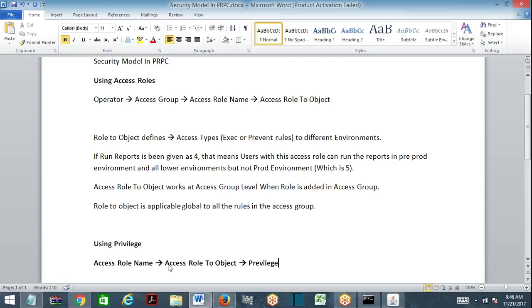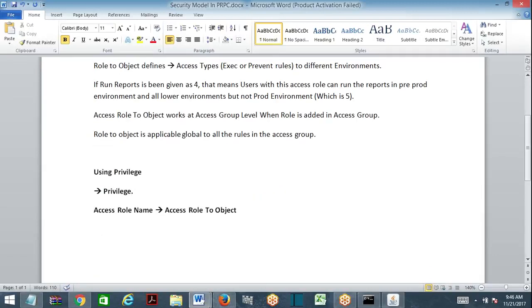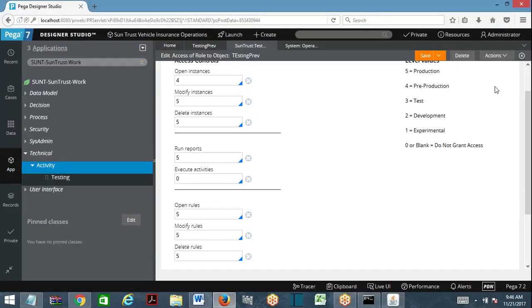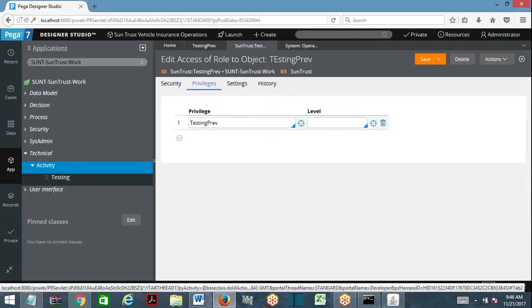So you can create privilege also initially. Hang on, I'll say here privilege. First create privilege, leave it, and then create access role name and access role to object. Then in the role to object you add privilege. So open this and here you go, privileges, add a privilege here.